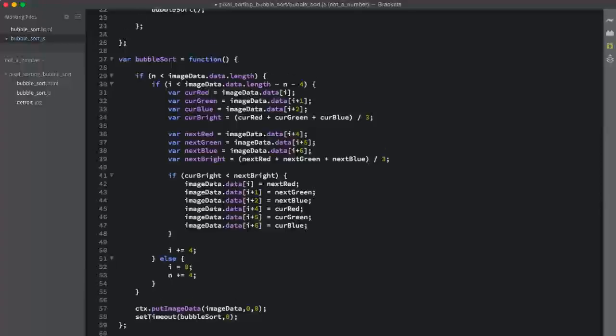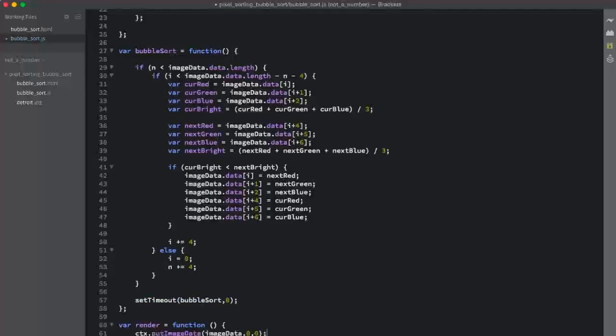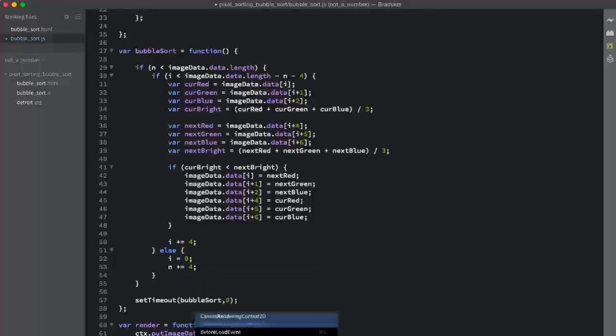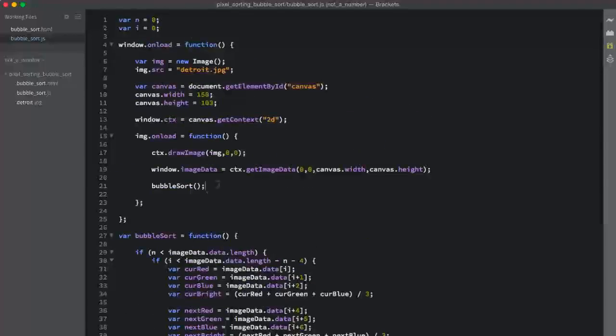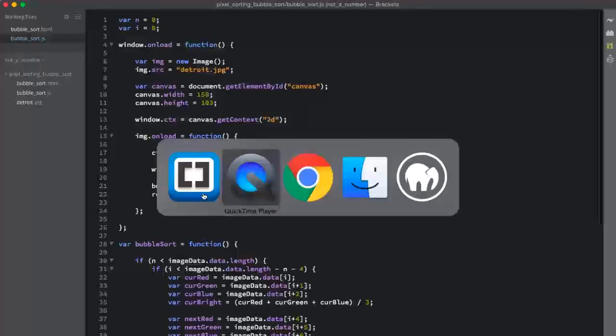and we can move the drawing of our image into this function, and then very similar to how we had this set timeout to recall our bubble sort function, we can just use a set timeout to recall the render function. If we want to set this to 30 frames a second, we can just do 1,000 divided by 30 because it's milliseconds. And then again, to start off calling this render function, we can just call it from up here, at the same time we call our bubble sort function. Then if I go back to the browser and refresh the screen,